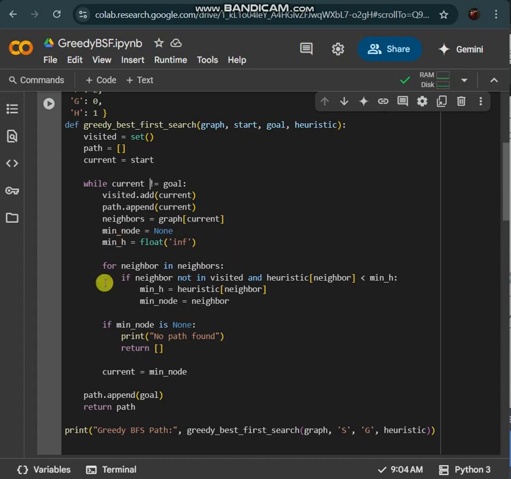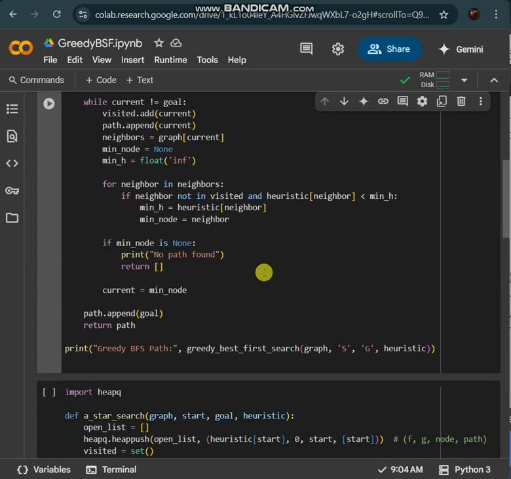Moving to the next line. Now we get the neighbors of the current node and initialize min_h. This is the initialization to infinity. This is basically to find the best neighbor based on the heuristic. Moving forward, we select the neighbor with the lowest